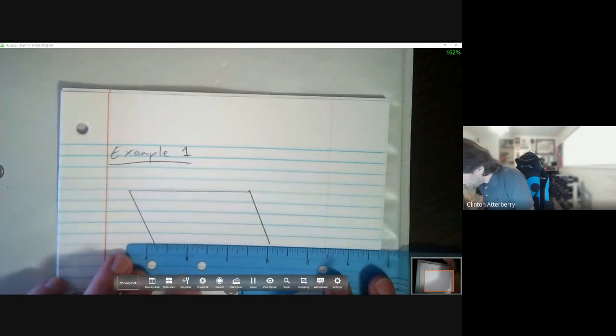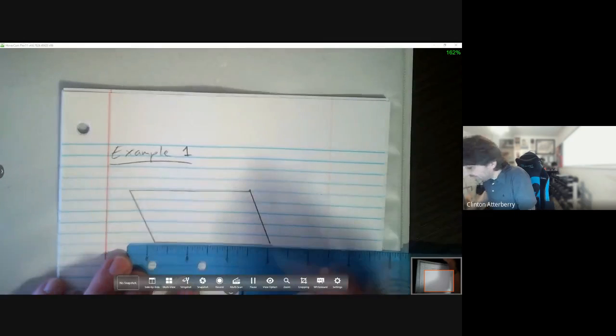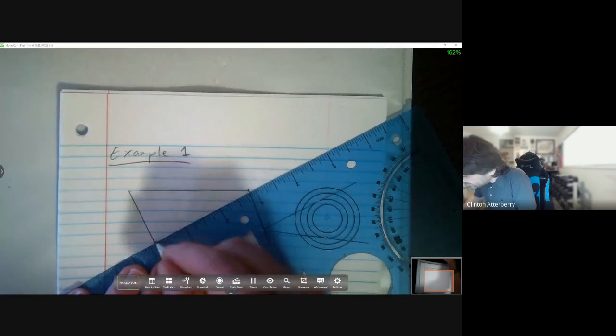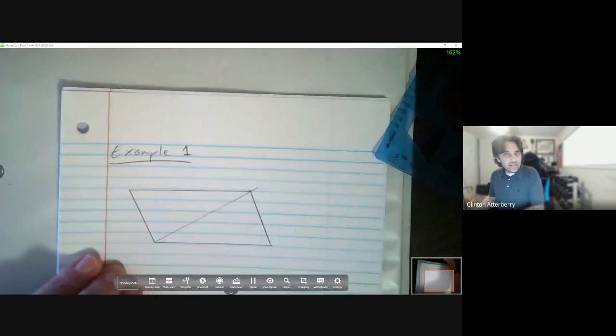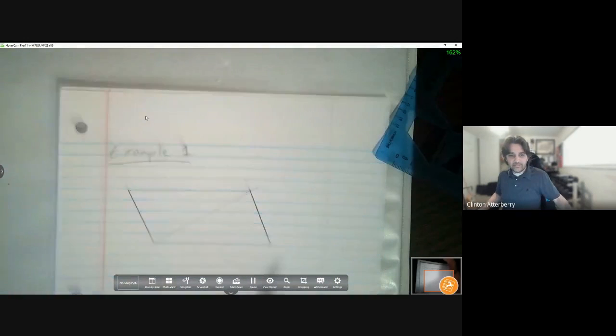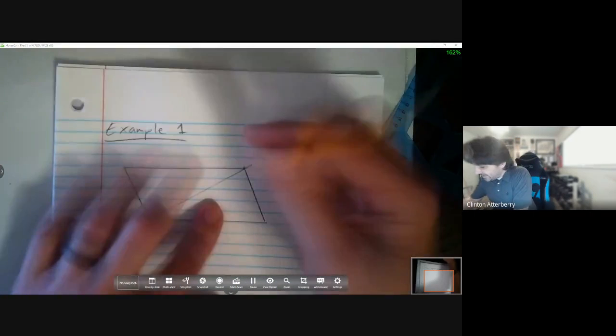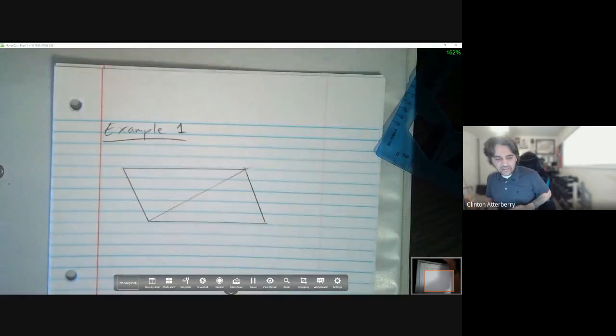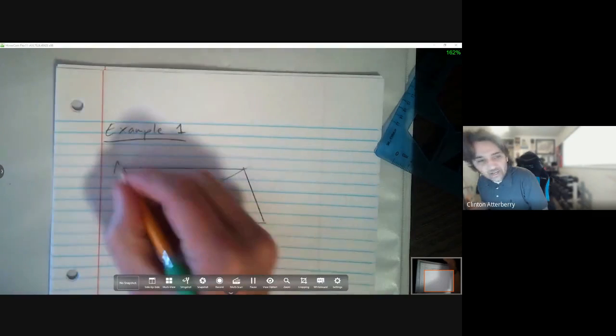So it looks kind of like this parallelogram with a line through the middle. Let me make sure you guys see it. Yeah. Okay. Looks kind of like this. And in the end, the reason why I stopped the video is because the video examples were kind of stripped down and it required you to do a lot of little prep and stuff. The way this one's set up, however,